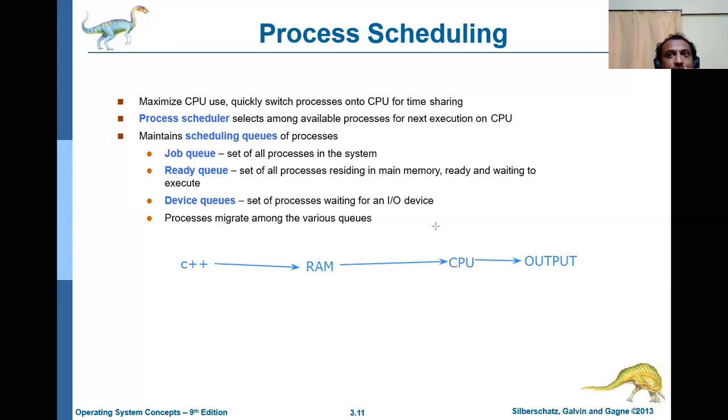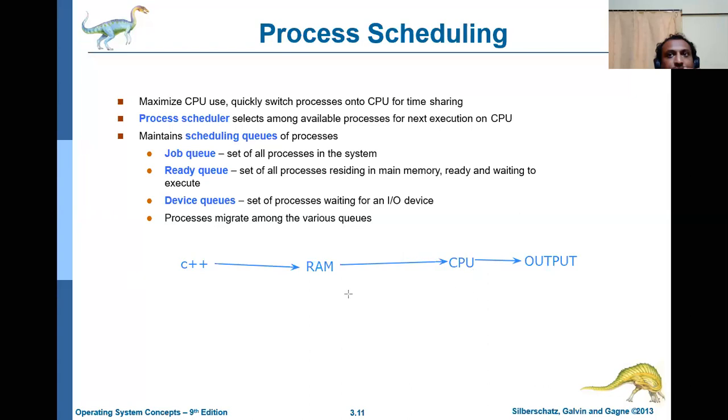So this RAM has to send every instruction to the CPU in order to execute. What is the first instruction? An instruction we can take in terms of lines: line number 1, line number 2, line number 3. The first line goes to the CPU and gets executed, then the second line goes to the CPU and gets executed, then the third. Suppose 10 lines are there; they go one after the other and get executed inside the CPU. Right? Follow till here?